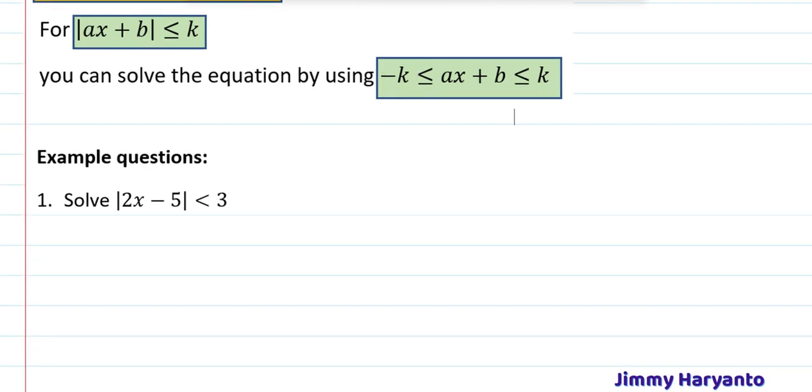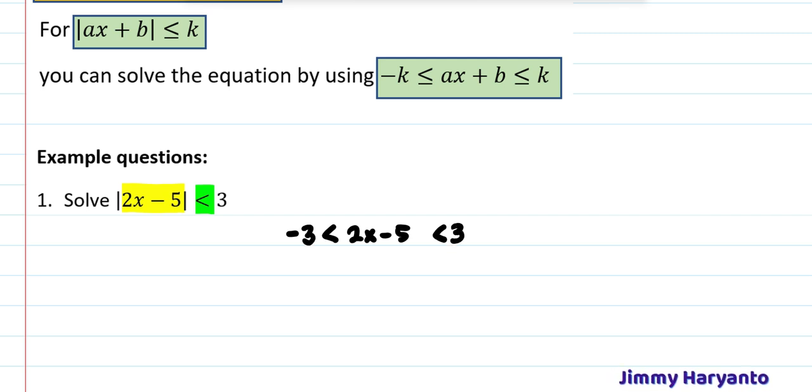Yeah, let's try example question 1. So we have 2x minus 5 inside the modulus function, and then we have less than as the sign. That means we will prepare it like this: 2x minus 5 in between negative 3 and 3, as simple as that. And then you can remove